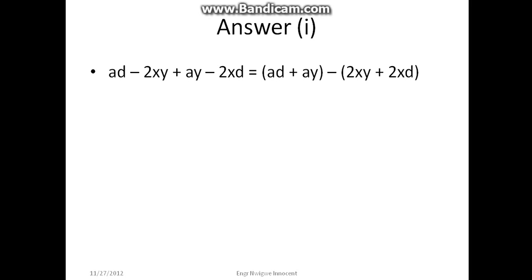Therefore, if we bring out the common item outside the bracket and leave the rest inside the bracket, we now have a bracket d plus y minus